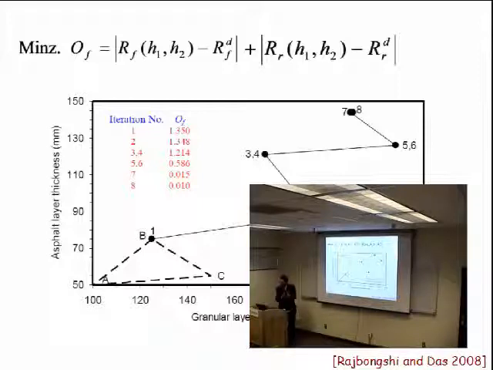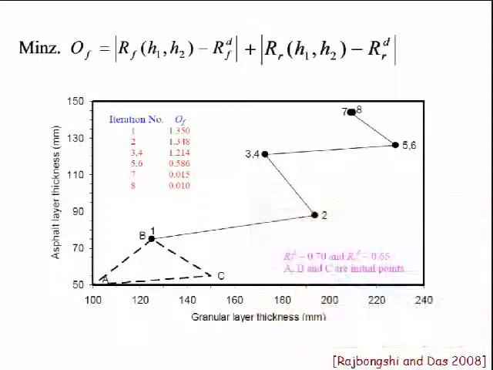Of course, one can again argue that this is not a good objective function, because sometimes using mod makes it discontinuous in terms of jumps. So you can do a square and add, and all kinds of objective functions you can choose. And then we have adopted a simple simplex optimization principle where you form a triangle search, and then you keep moving this triangle, and finally you are in a position to reach the optimal point very quickly.